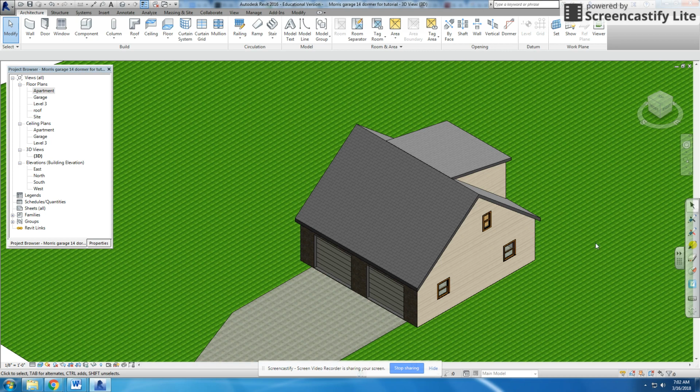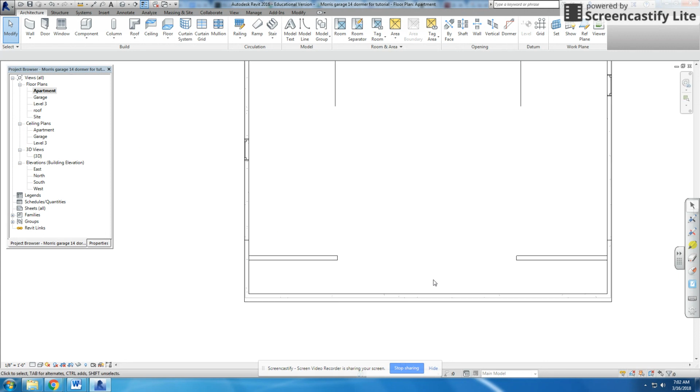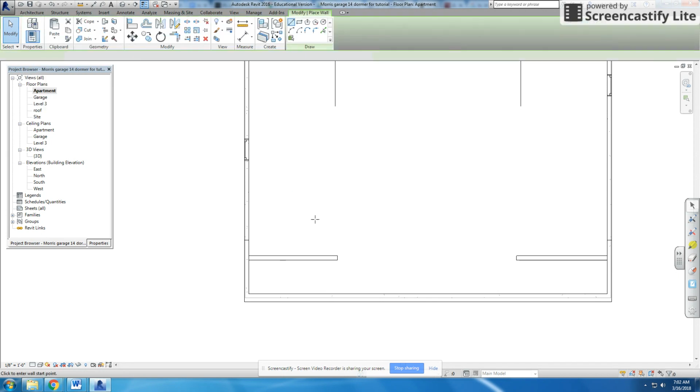The purpose of this Revit tutorial is to explain how to create a dormer in Revit. This existing structure already has a shed style dormer out back, but we want to add a gable dormer out front. I already have my knee walls here, so I'm going to go over to wall, and